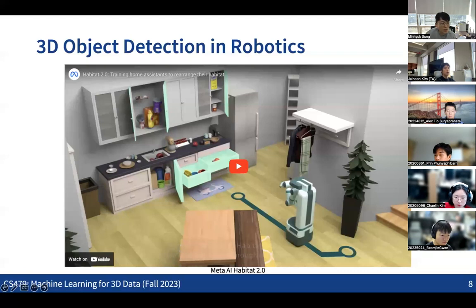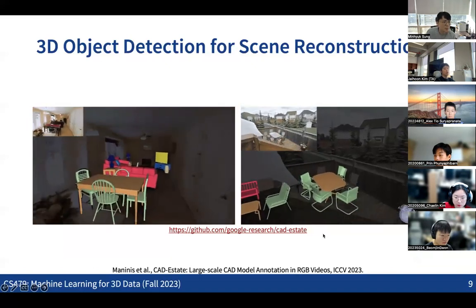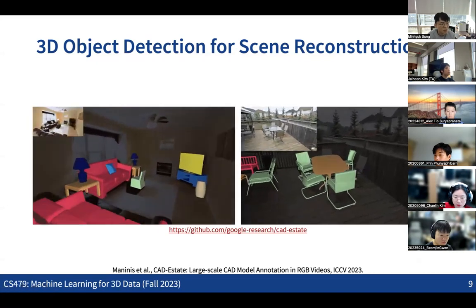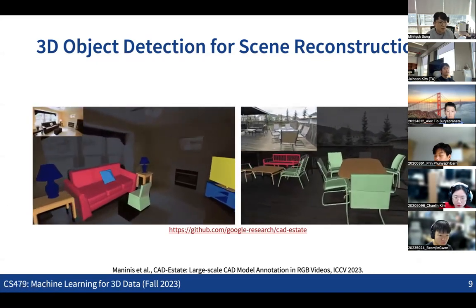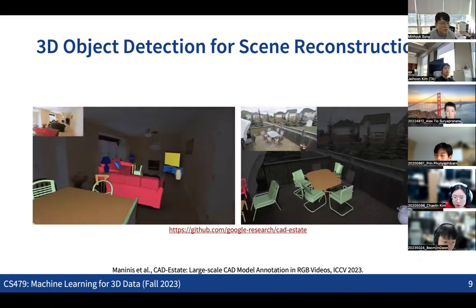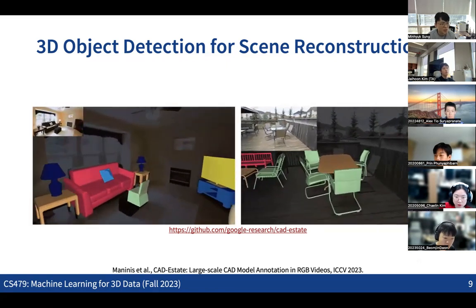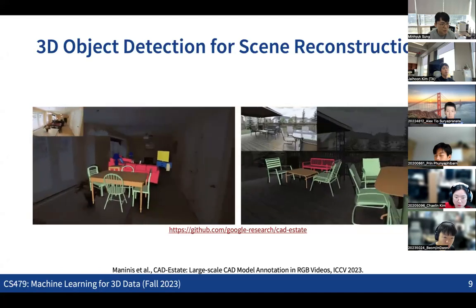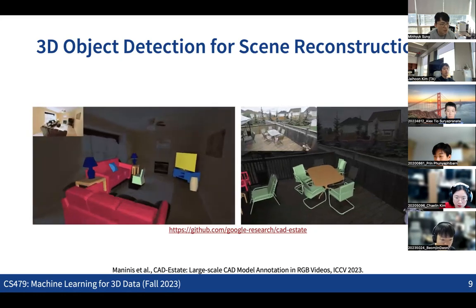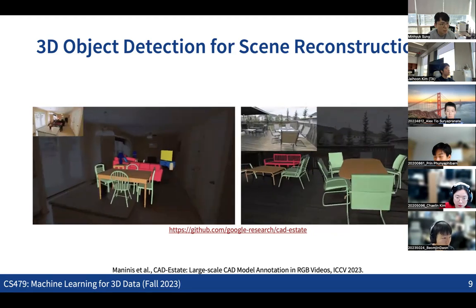And not only for robotics applications, let me move on to scene reconstruction, where object detection techniques can also be used. While we also discussed many other representations like NeRF, CAD representations such as 3D meshes might still be the best representation for many downstream applications, like high quality rendering and physical simulation. Having a very high quality mesh might be really important.